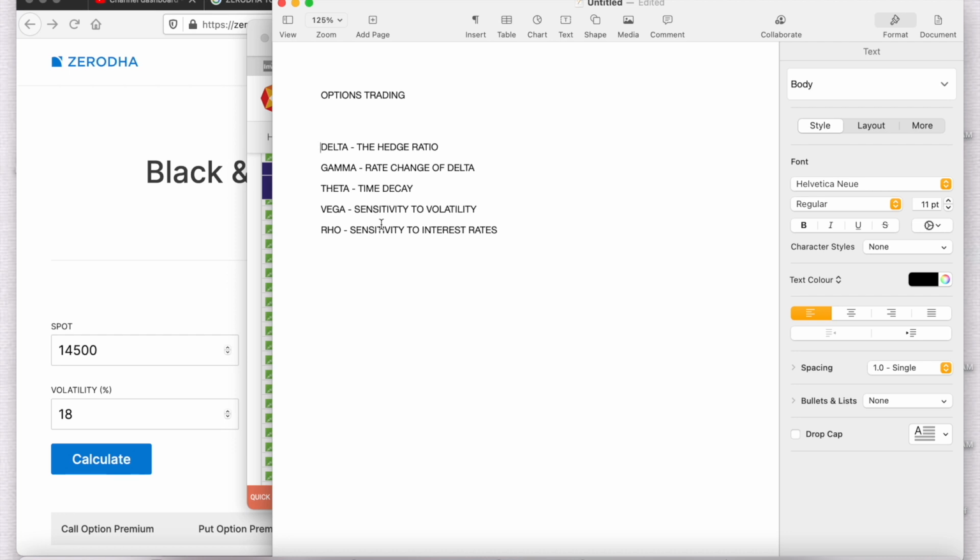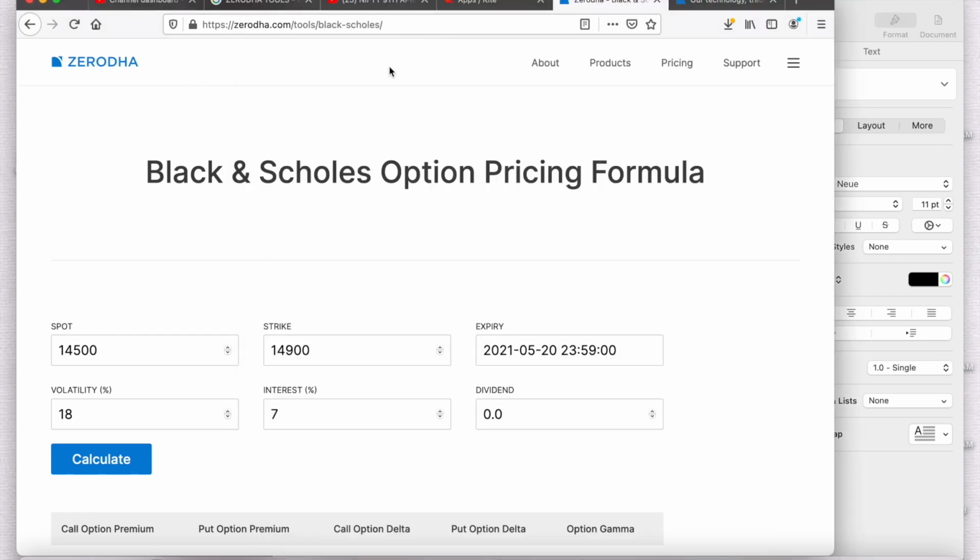So for the explanation part, I have used the Zerodha console. On Zerodha itself, you have this in the tools section. You can go to this software if you are using Zerodha. Otherwise, there is Samco, there is a Greeks indicator, because they are called Greeks of options. Delta, theta and all are called Greeks of options.